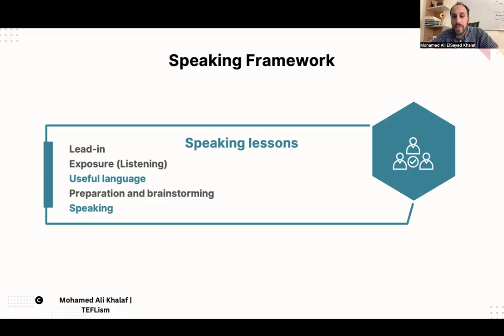Then you give them time to prepare themselves. You give them instructions, maybe to think of some places, restaurants, and maybe transportation at these places. Then you give them the time to do the speaking task itself. What are the two most important stages in this framework?